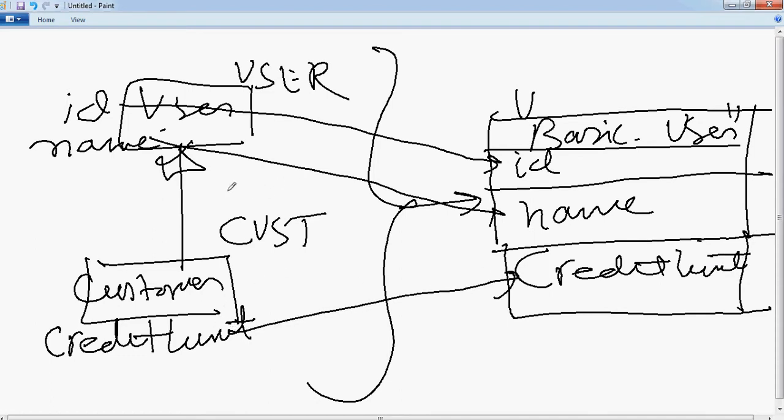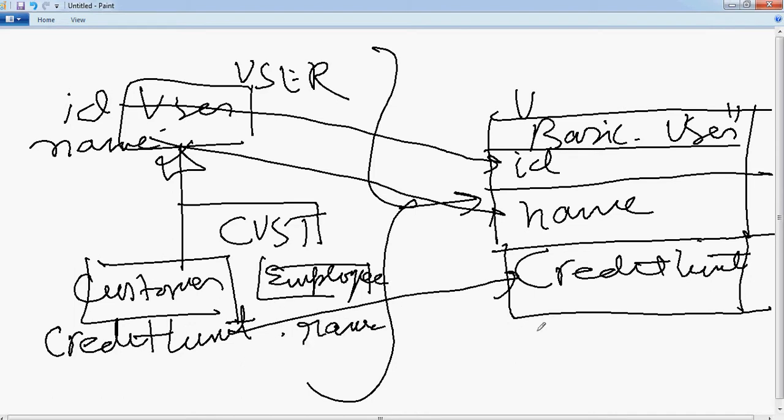Let's say there is another class, employee, which is again derived from user, and it has one more property called rank. So it will get another column called rank. So if you notice, we are taking a superset of all the properties in the hierarchy and mapping it to a single table.